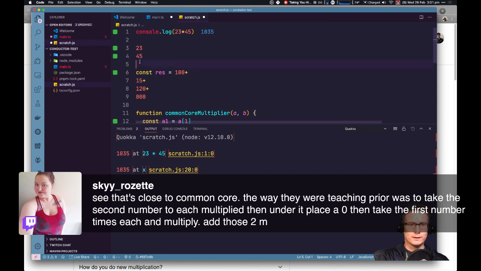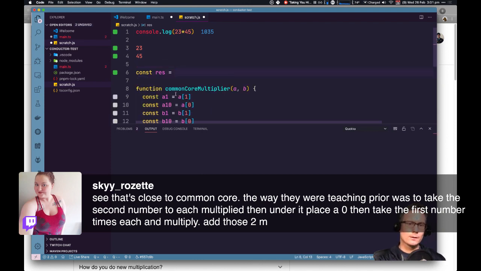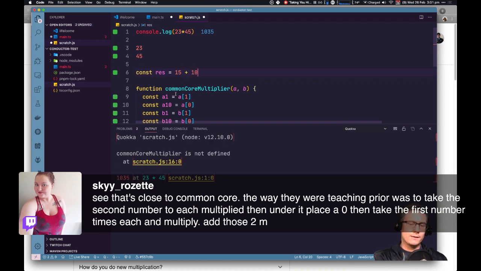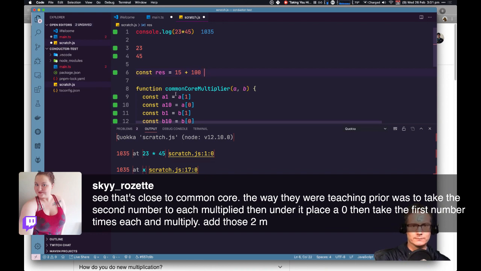Okay, so you would do something like this. 5 times 3 is 15. 5 times 2 is 10, and then you write that 0 down there. And then you write down a 0 now, and then you go 4 times 3 is 12, and it has the 0 there automatically.